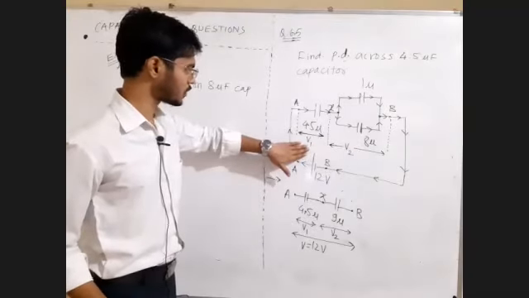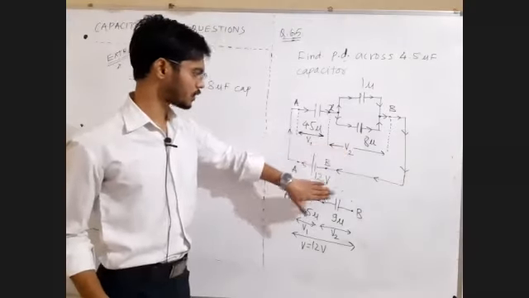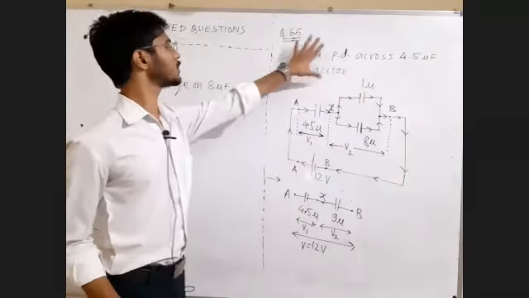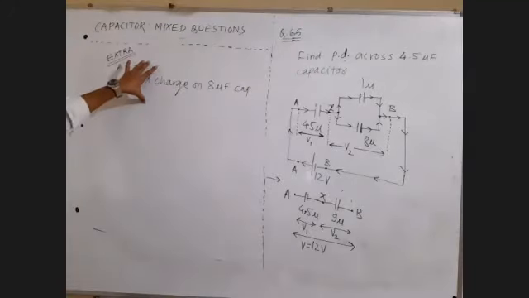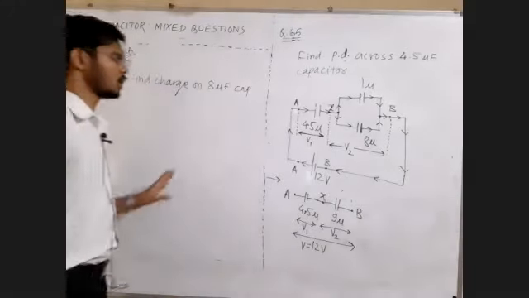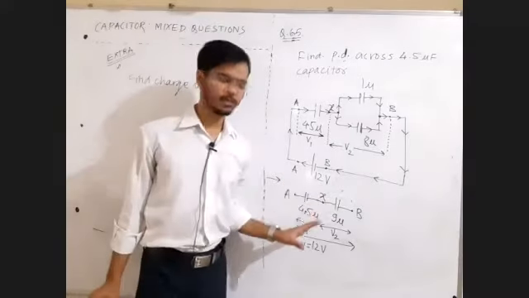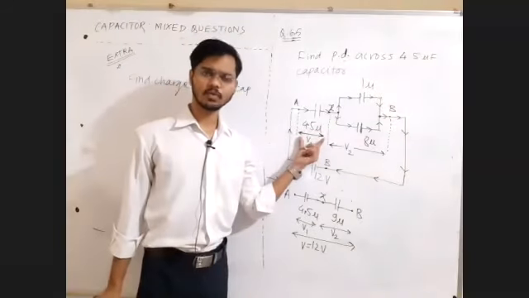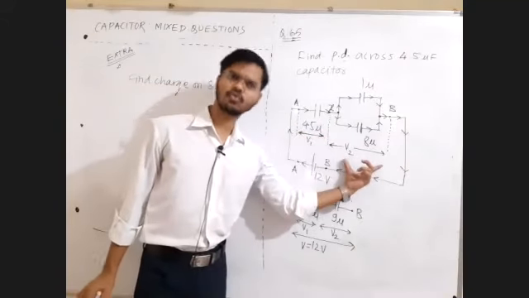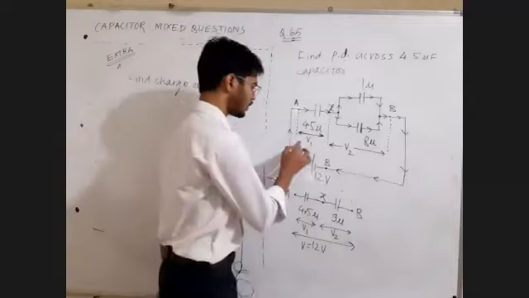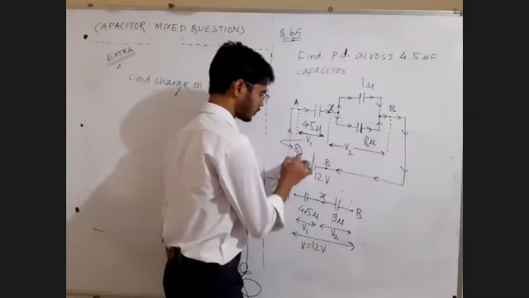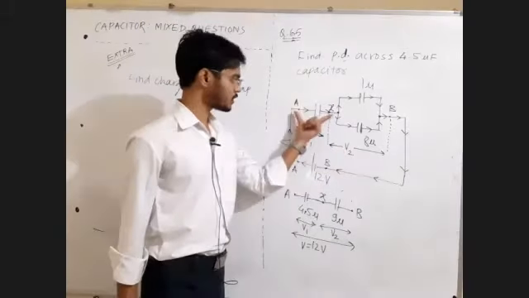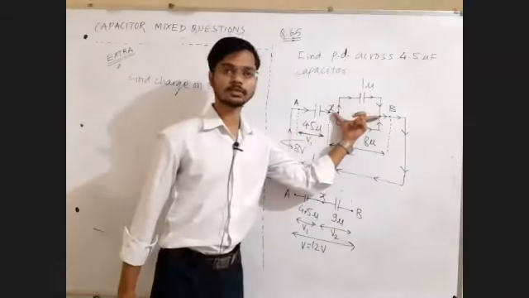V1 value not given, V2 value not given. This 12 volt is given. And instead of this question, now they are asking to find out charge on 8 microfarad capacitor. In that situation, you will again find out V1 and V2. Rather than finding out V1, it's better to directly find out V2. This V1 we calculated to be equal to 8 volt. So what will be the V2 value? Reply me in the chat box. This is 8 volt. What will be this?